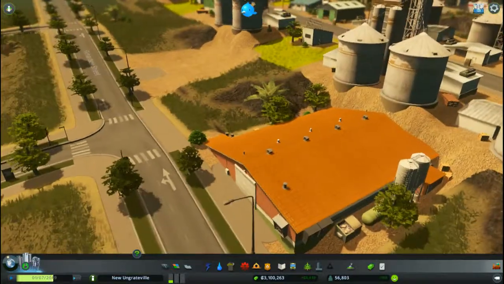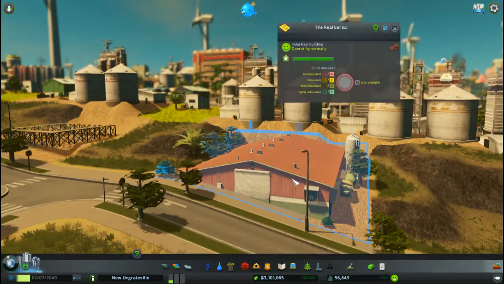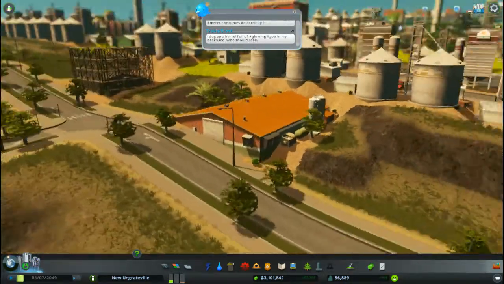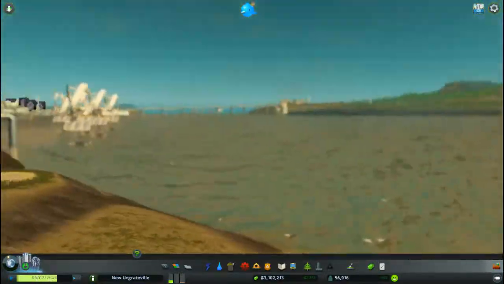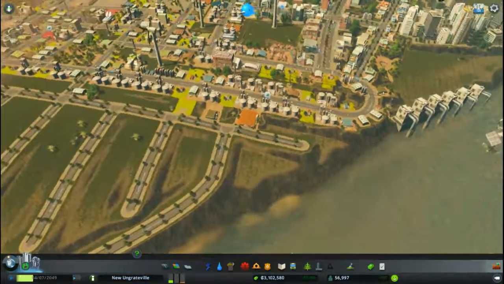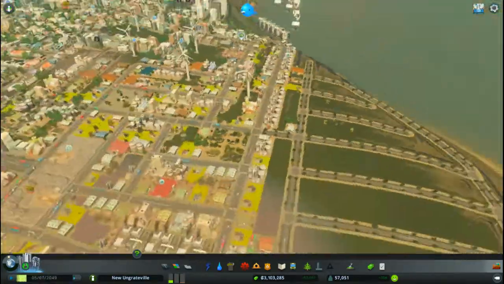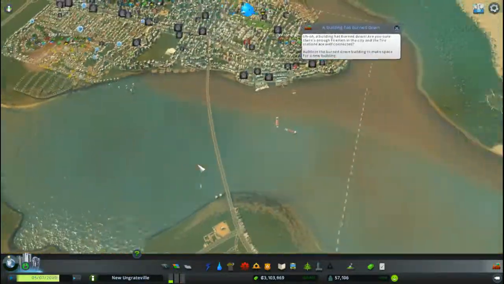Probably these guys too, they got a wacky building. Well, I mean, it's my fault for creating such a bad road. The real cereal, well, it's even more real when it's coming out of silos and stuff, and it's several feet from, well, this is clean water. I was about to say polluted water, but clearly it's not even touched. So, that being said, we got ourselves the new industrial district of some sort,